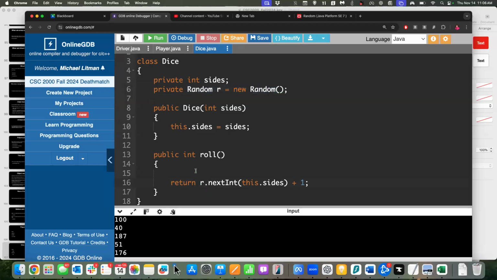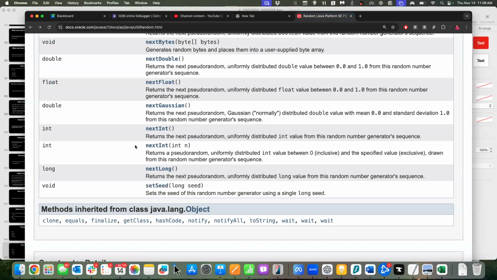Sorry, why did we have to return this dot sides? We're not returning this dot sides. We're using this dot sides in the context of this larger line. So this dot sides is an integer that's getting passed in to the nextInt method of the random class. And if we go and look at the documentation here, here's nextInt that takes an integer. So we're passing this dot sides in for this guy right here, which will then give us a value between